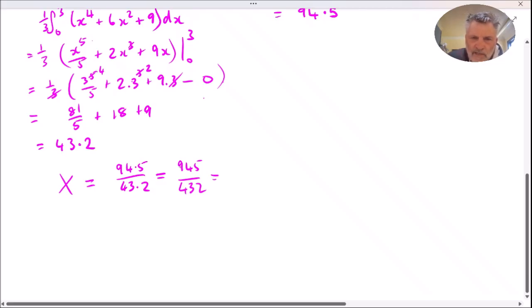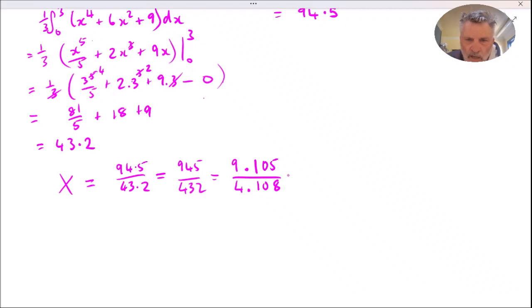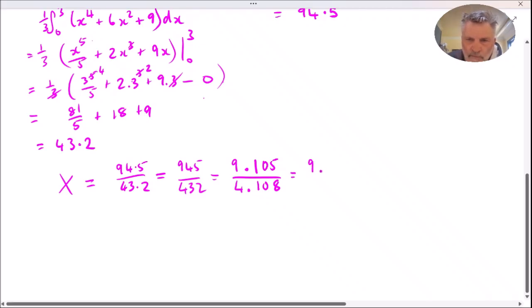Now we can see some factors. There's a clear factor of 9 in the top. 9 times 1 is 9, and 9 times 5 is 45. And a factor of 4 here, times 108. 4 is going to 4 once, not into 3, but into 32 8 times. 105 is 5 times 21, and 108, it's got another factor of 4. 4 times 27. 27 cancels with 9 and 3 of these to give 7, so we get